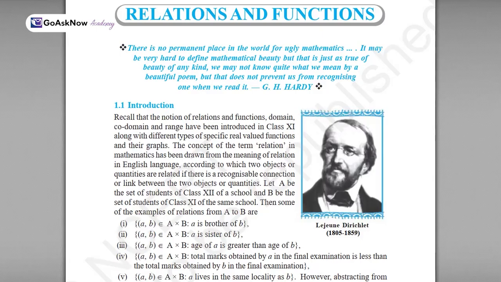Hello everyone. Today we will see the first chapter of class 12, that is Relations and Functions in mathematics, and we will cover the NCERT portion for basic classes. So let's begin. I assume that you have studied earlier the basic definitions of sets, relations and functions,